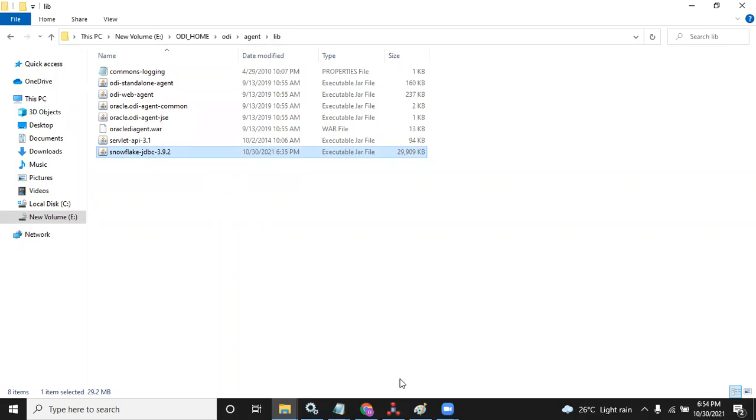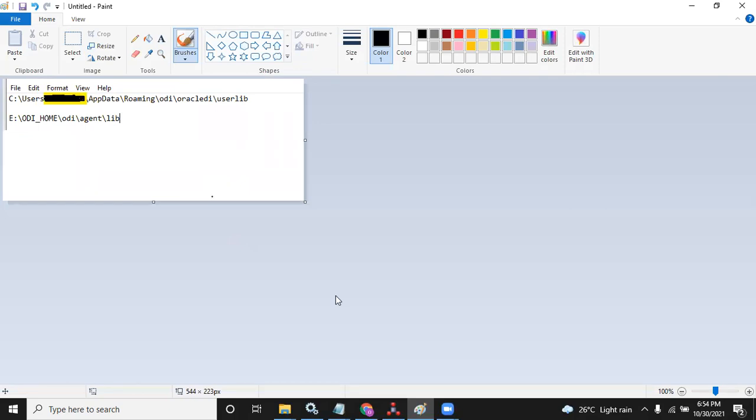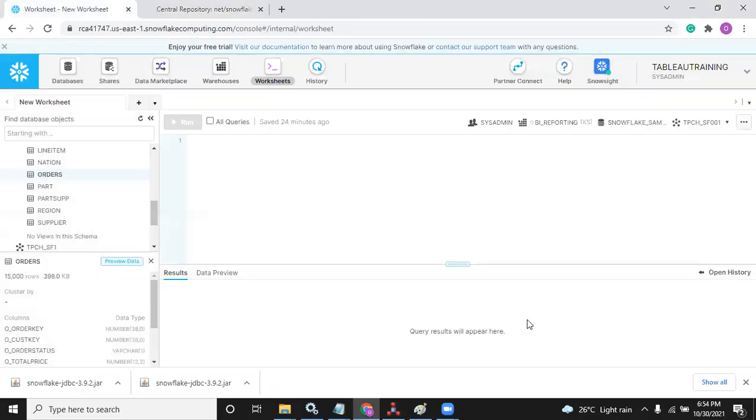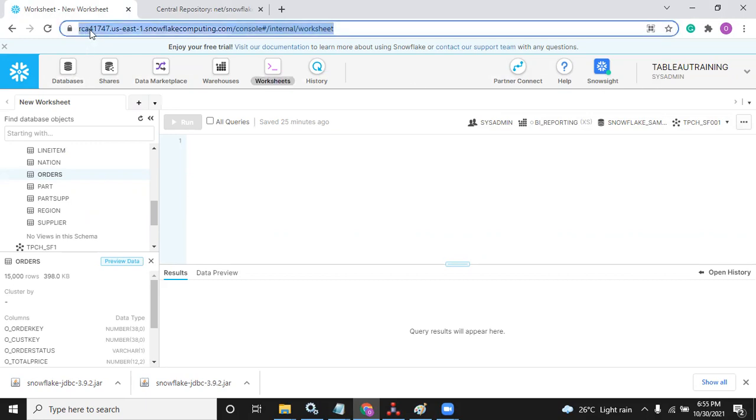After placing the JDBC driver in these two locations, the other information you need is this: in Snowflake, whenever you want to connect to any ETL or any reporting tool, you need one warehouse name and one DB name, where exactly your tables are present. See, in Snowflake, your tables will be present in a schema. Schema will be inside a database. So we need a database name, the schema name, and the Snowflake account. This is the server for my Snowflake account. This is the Snowflake server name. This one you also need.